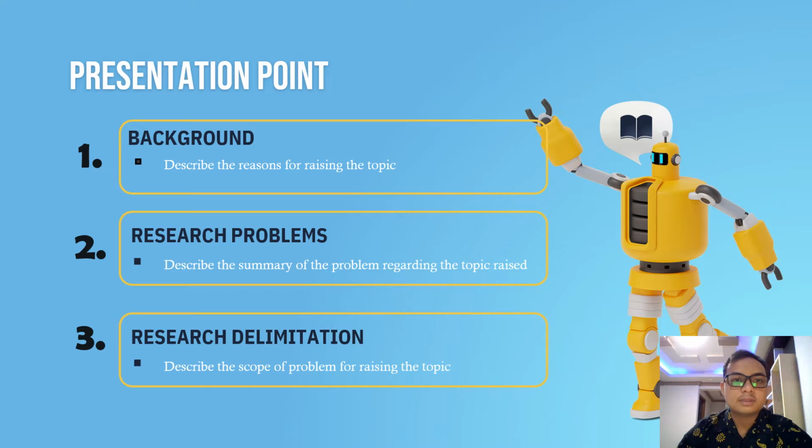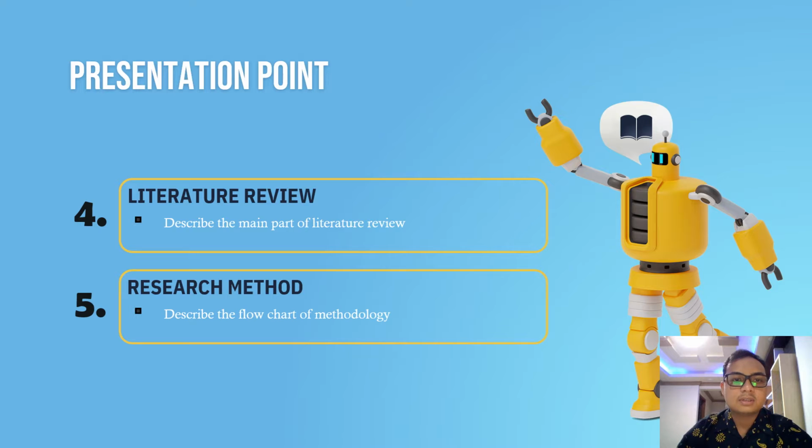And this is my presentation outline. First, tell the background. Second, describe the research problems. Third, describe research delimitation. Fourth, describe literature review. Fifth, describe research method. Sixth,